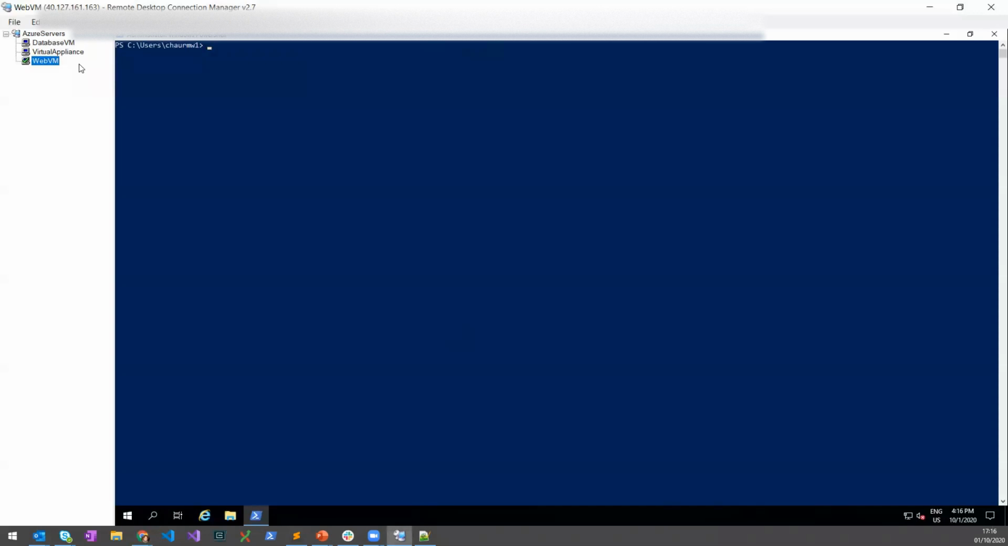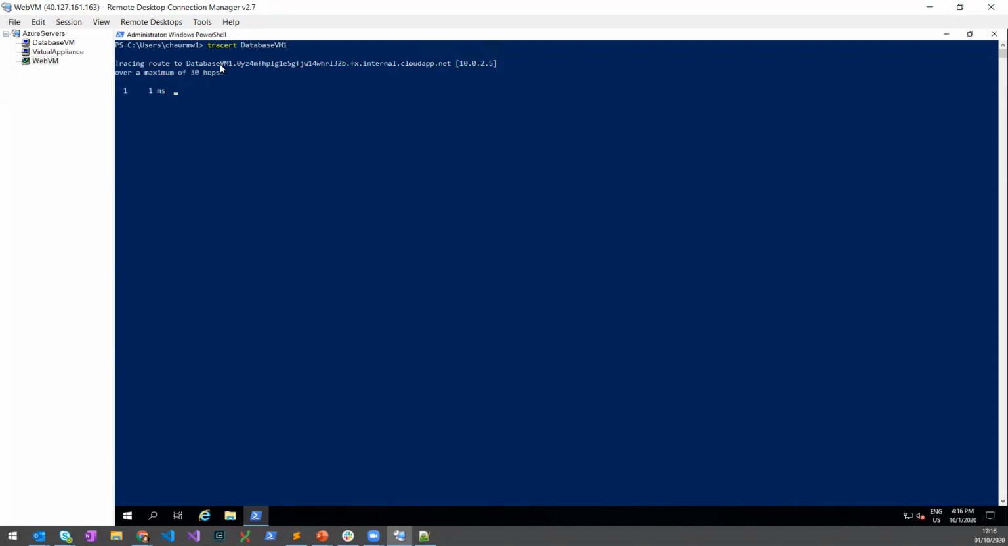So here are all the three machines I've already logged in: database VM, virtual appliance VM, and web VM. So the database VM name is database VM1. Let's copy this name. And tracert. So you can see the traffic diverted to 3.4, which is our network virtual appliance machine, and then traffic diverted